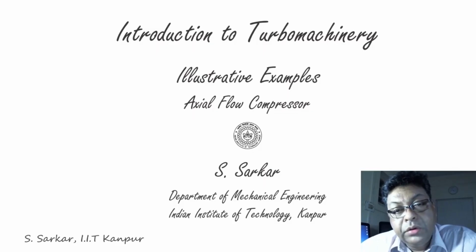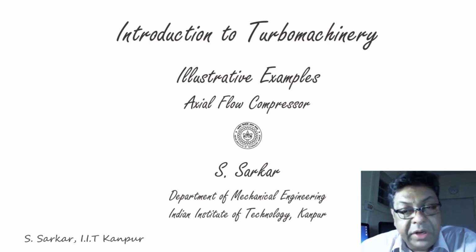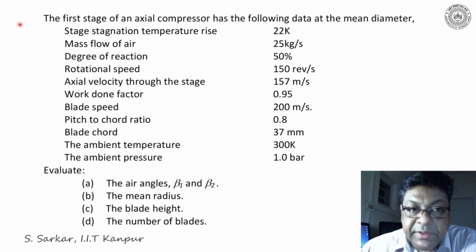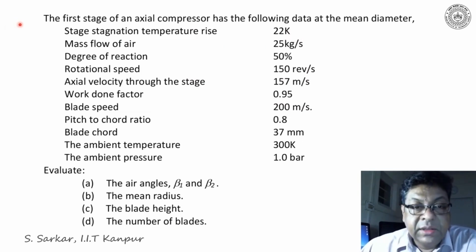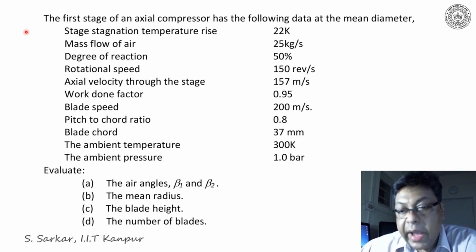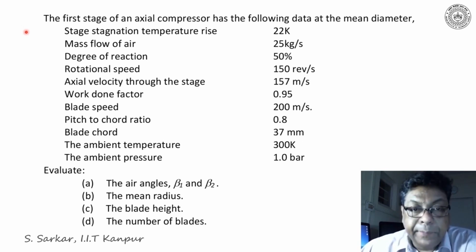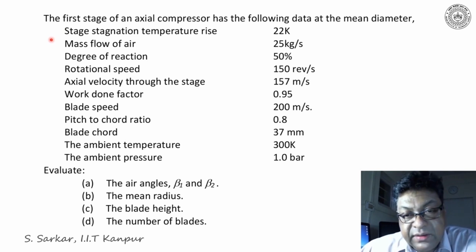Good morning. Today I'll solve some problems on axial flow compressor. Let me state problem number 1. The first stage of an axial compressor has the following data at the mean radius. The stagnation temperature rise is 22 K,